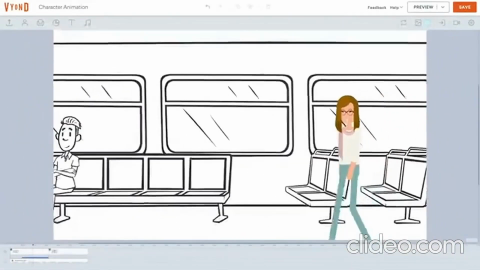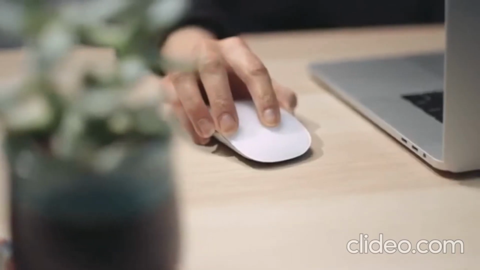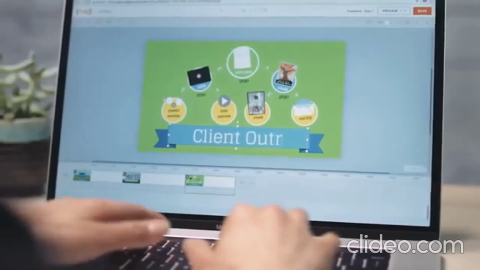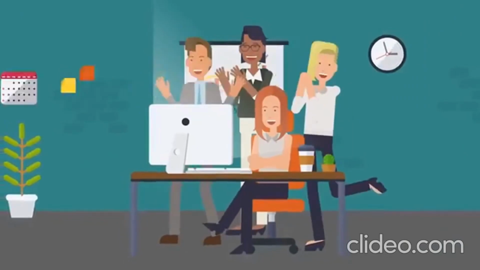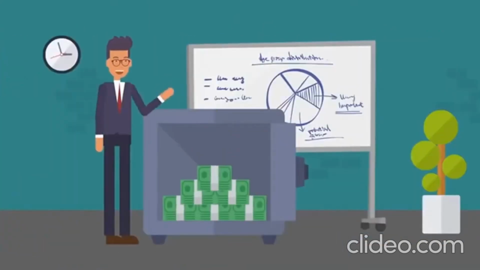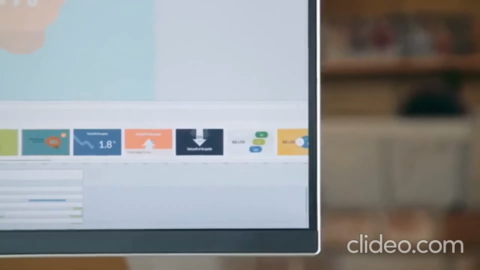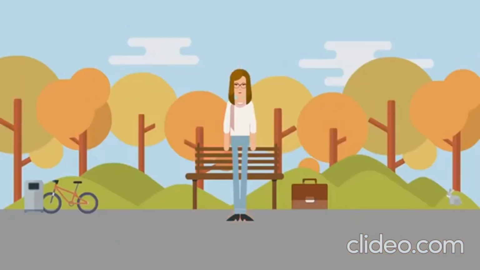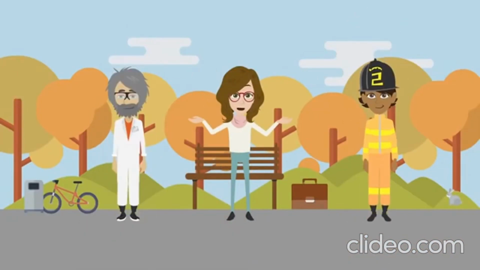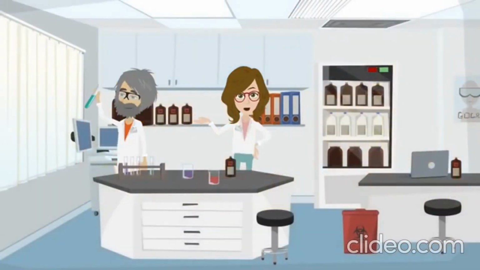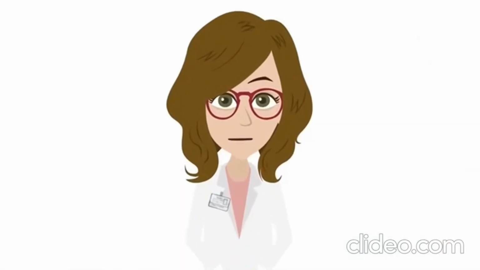With Vyond, anyone can make media that moves. Anyone. If you can make a PowerPoint, you can make a video in Vyond. Whether it's your first video or your 50th, you can captivate your audience without investing major resources. Vyond makes it easy to create video for any scenario. Jump right in. Start from a template and make it your own. Mix multiple styles. Create custom characters for any setting or job role and bring them to life with realistic movement, expressions, and automatic lip sync. Need to make changes? No problem.